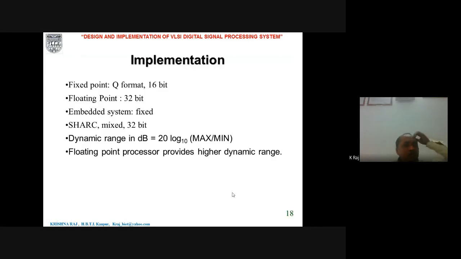So the next concept is the implementation. For the purpose of implementation, we have to use the number system. So in the next lecture, we will discuss how different number systems are used for the purpose of implementation. And for that purpose, we will use the fixed point number representation and the floating point number representation. And we will also study their effect, meaning what is the dynamic range, what is the range, and what is the impact of the different types of number representation.